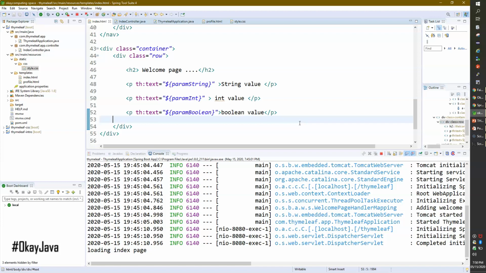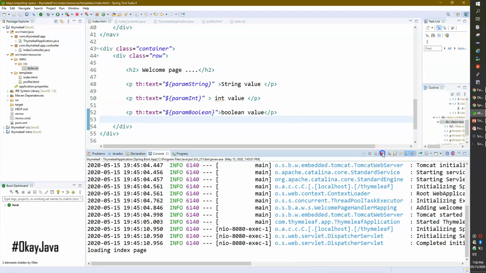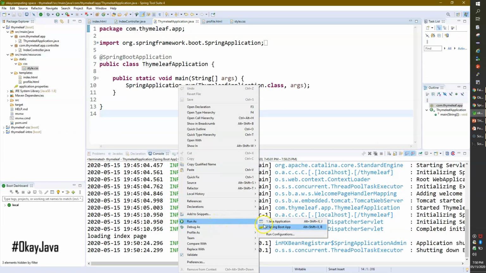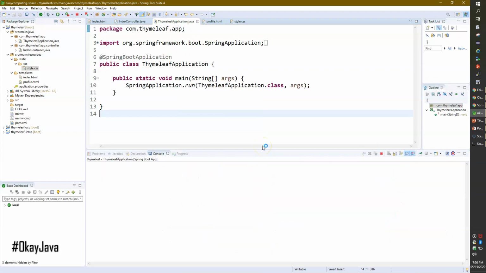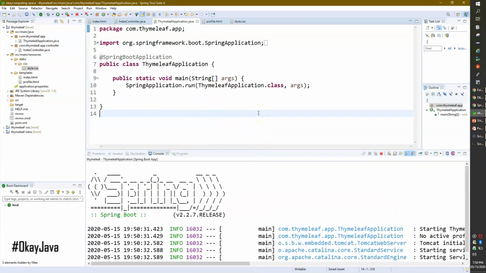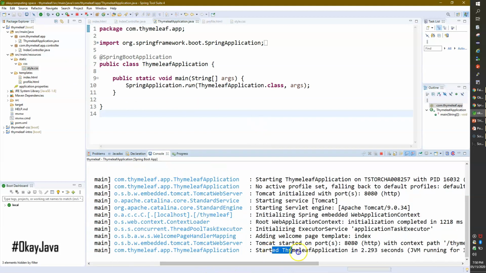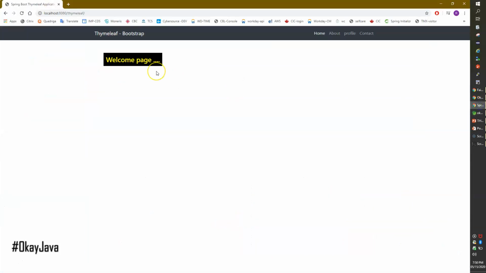But as we are in the very beginning, in the very initial phase, I do not want you guys to focus on something else. So we'll talk about dev tools later on in the coming videos, but as of now, this is how you do it. I'm just going to restart my application, stop, and I'll go and start my application as Spring Boot app. Okay, the message you can see here: started on port number 8080. I'll simply go and refresh.